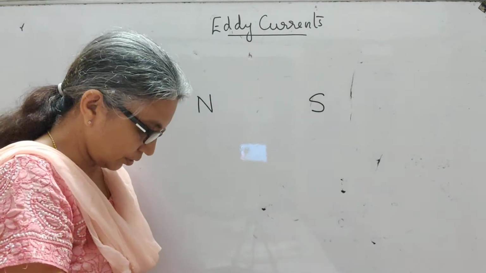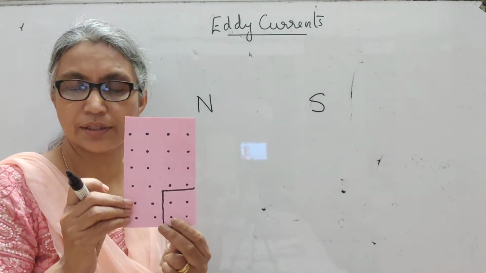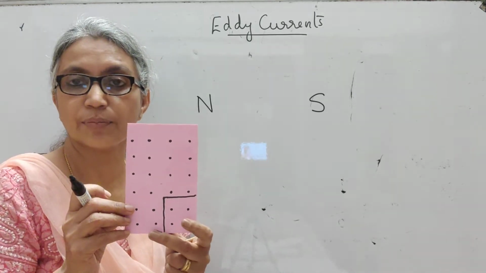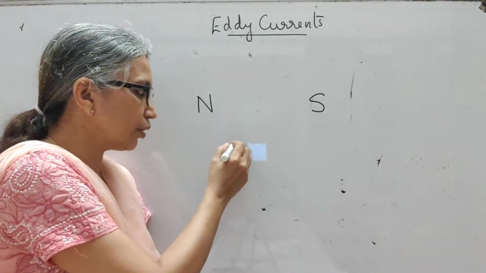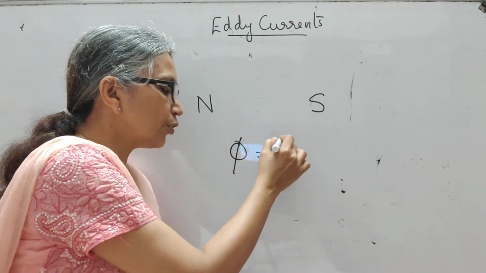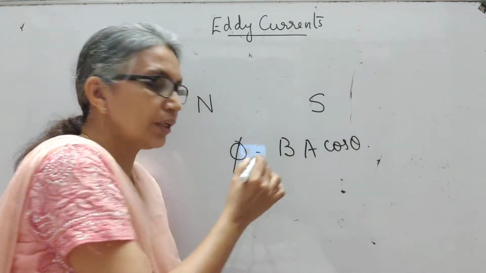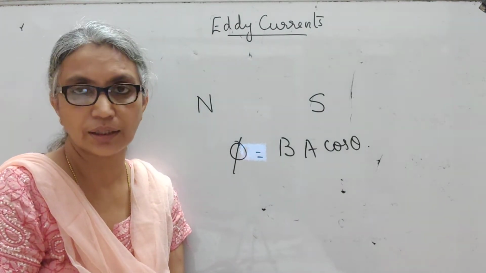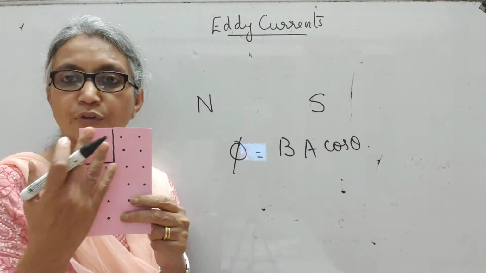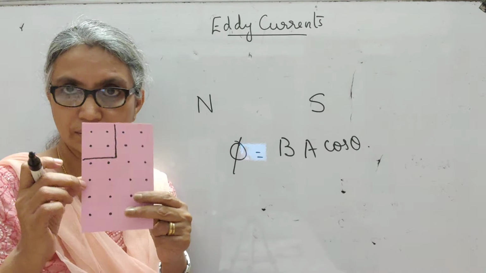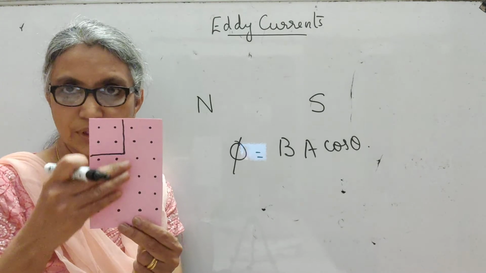What we discussed was, suppose you have a magnetic field. I told you that if you have an area like this, the flux is defined as the total number of field lines that pass perpendicular through a given area. That is equal to BA cos theta, where B is the magnetic field intensity, which is the number of field lines passing perpendicular through unit area. So if you multiply it with the whole area of that loop, you get the total number of field lines passing perpendicular through this area.